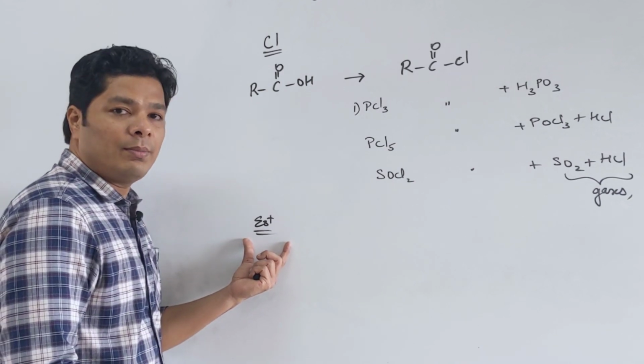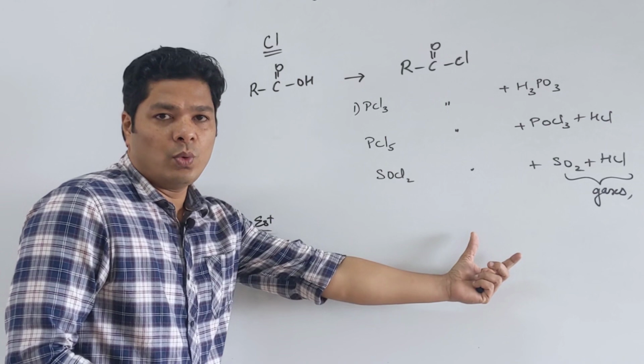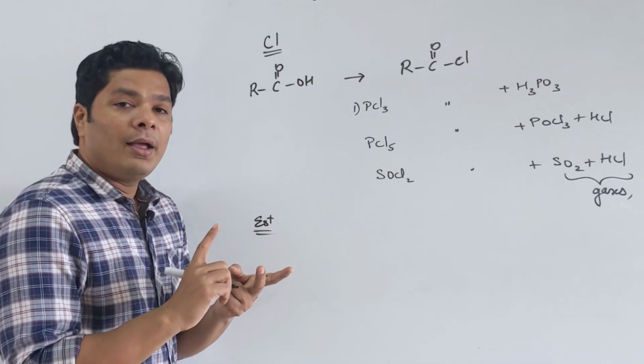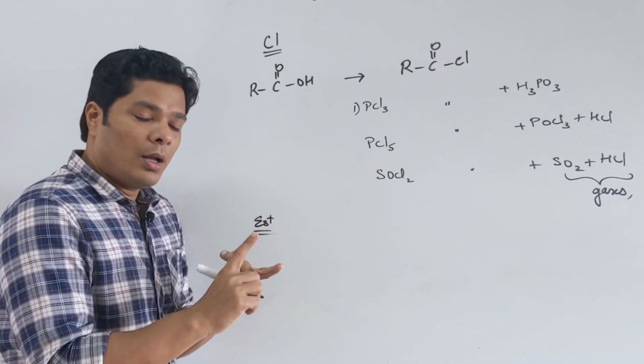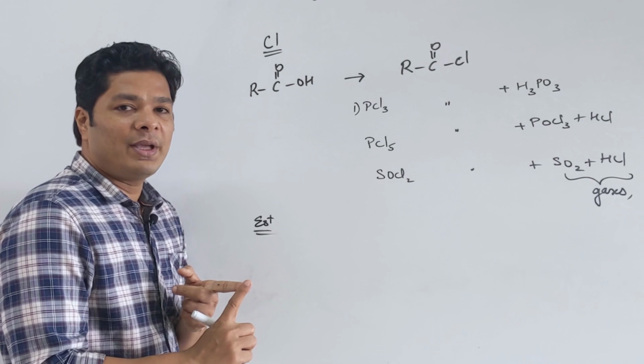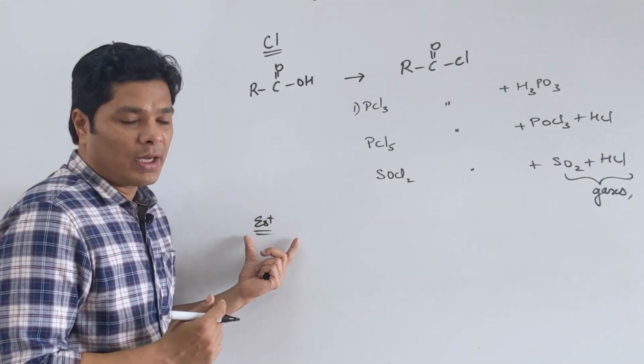The next we can do, we don't have to write down, esterification reaction. We know that before, acid plus alcohol gives you corresponding ester plus water. It can be acid catalyzed or base catalyzed, that's one. If it has to go successfully to the right side, we have to use Le Chatelier's principle because it is a reversible reaction. We have seen that, so we don't have to do it right now.